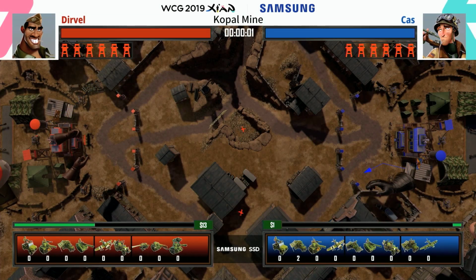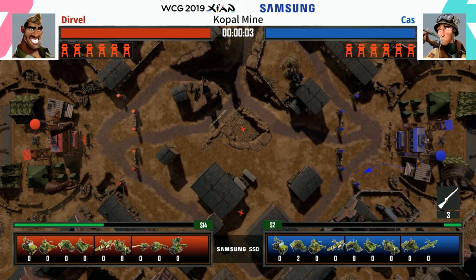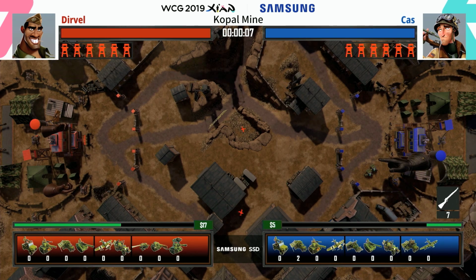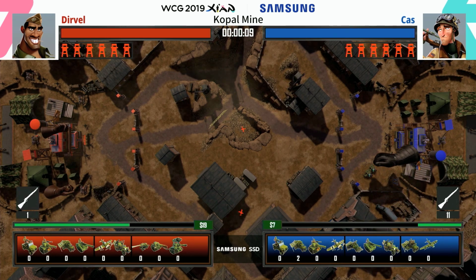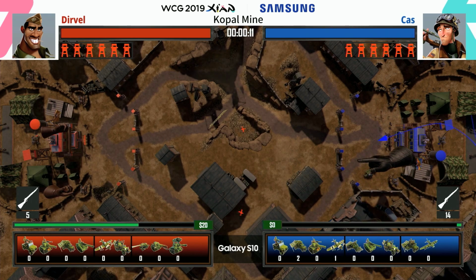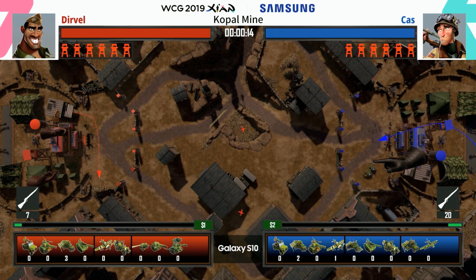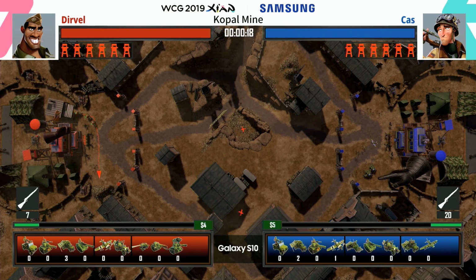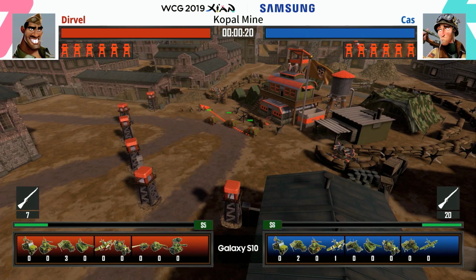Let's look into our next game. We're back at it again with Drivel, and this time facing the counterpart of the dynamic duo. It's Cass, his opponent. The winner's match. The winner moves directly into the grand finals for EU qualifiers, starting with a 1-0 score, and the map is